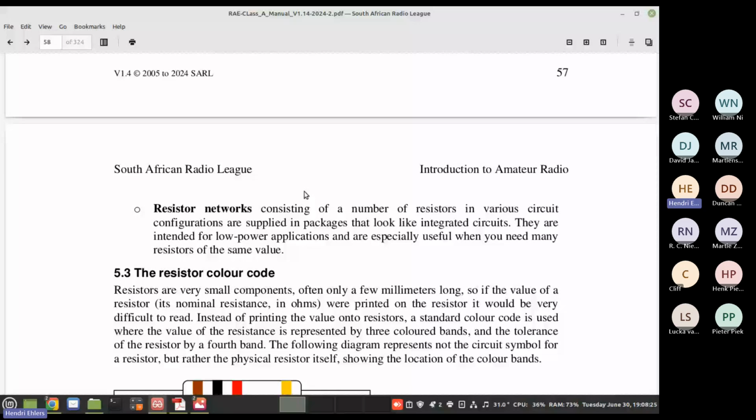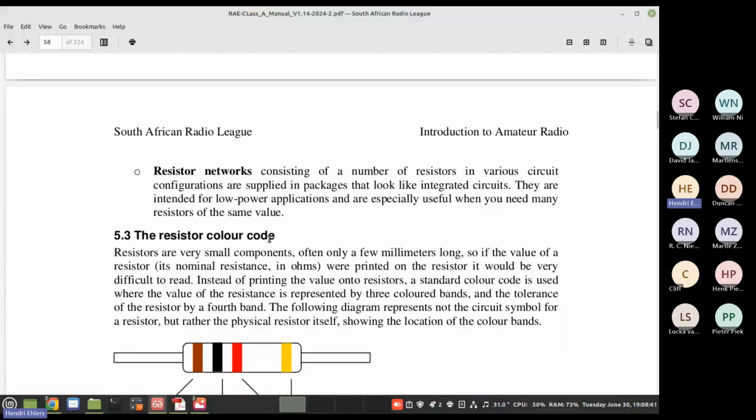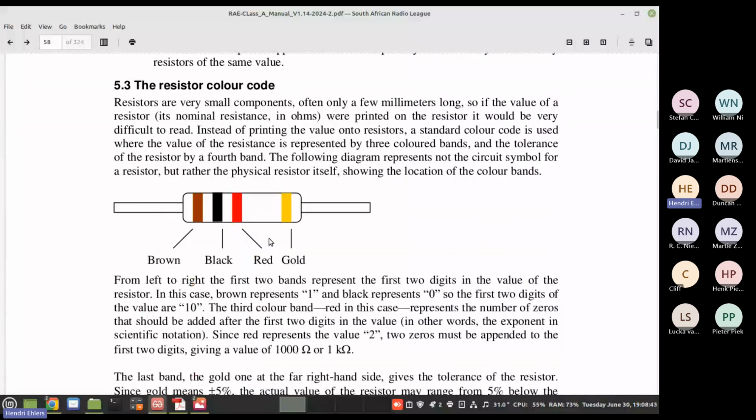But if you can't get to the correct value that you need, you can use a combination of resistors to get to the desired value. That's the one way. There's another way, but we're going to get to it now. Now, the resistors, and I'm sure whoever looked in an electronic device before has seen these little round things with the stripes on, thinking that it's complete Greek. It's not. It's a very clever system to determine the value of a very small component.